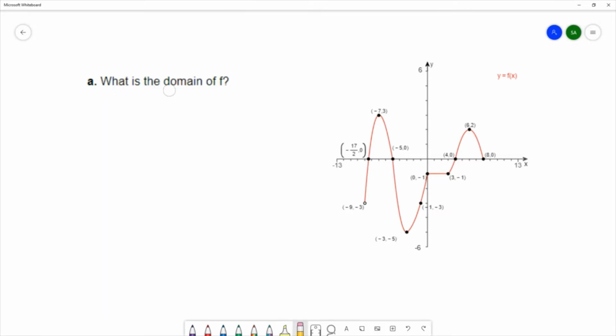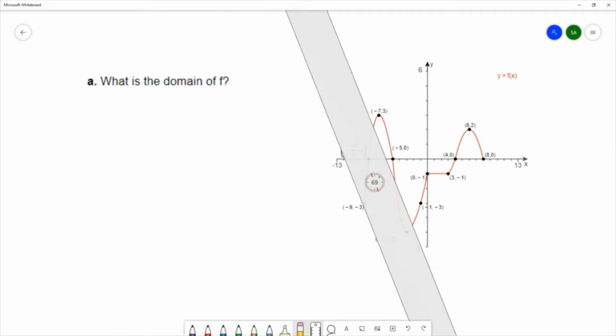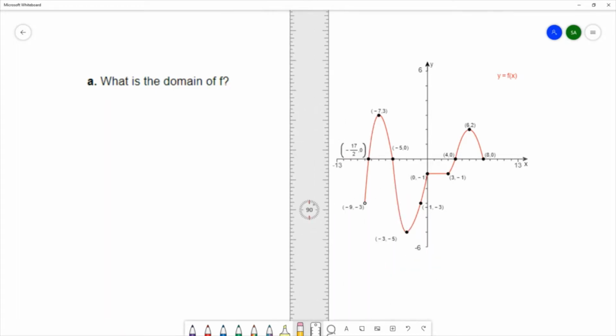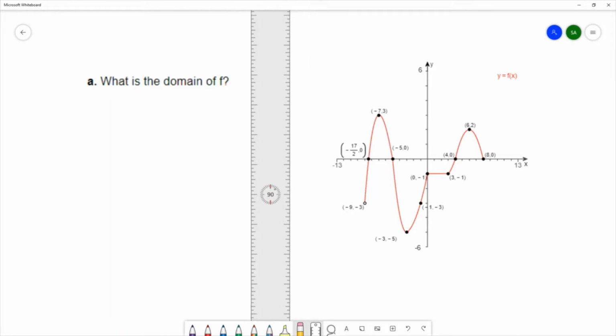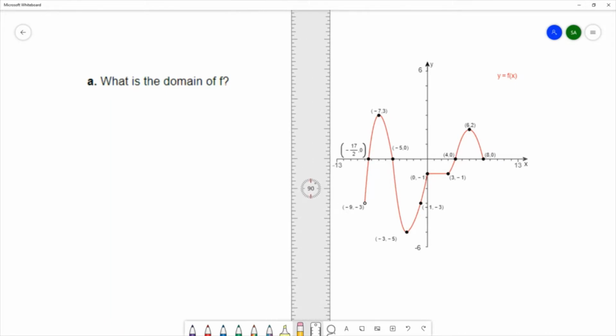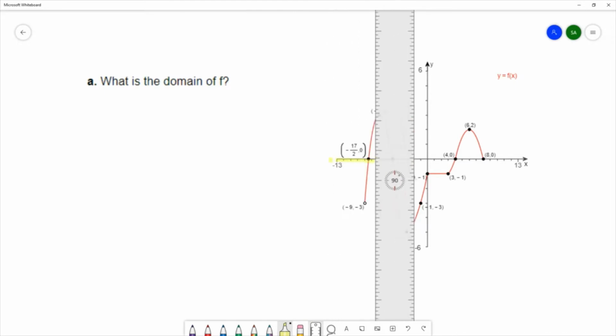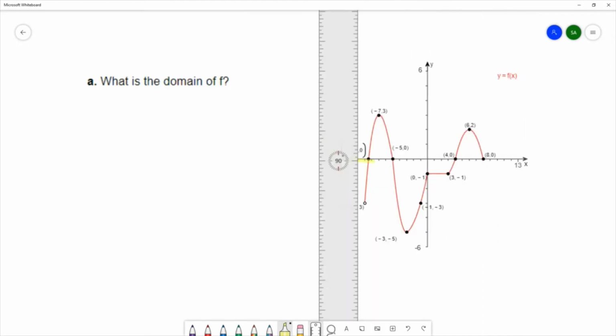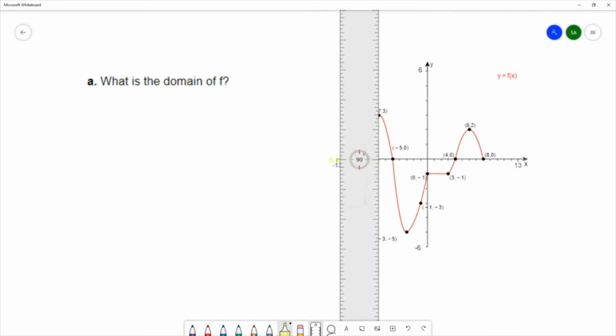What is the domain of F? And F is this graph here. So we want to find the domain from the graph. What I like to do is use a ruler or a pencil and hold that ruler vertically. The reason I hold it vertically is because it's running across your X scale. You can see it's running across the X scale, and if I go from smallest to largest, this will tell